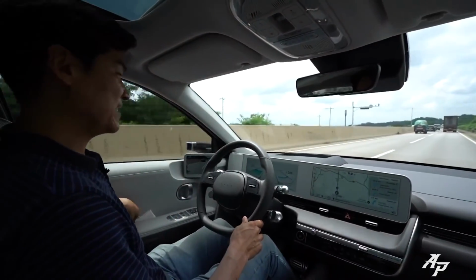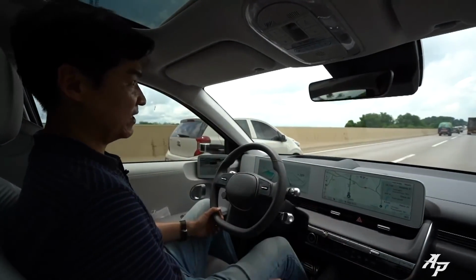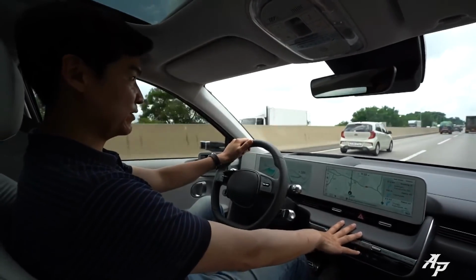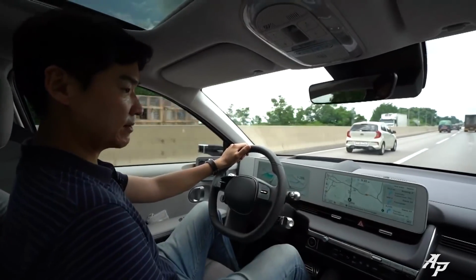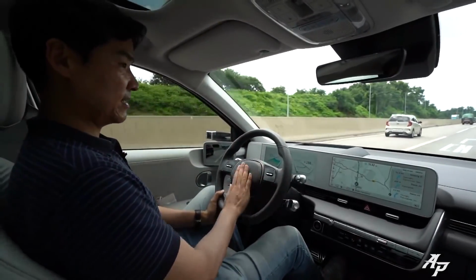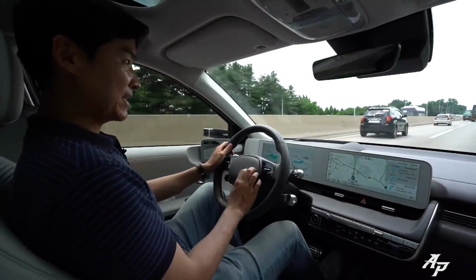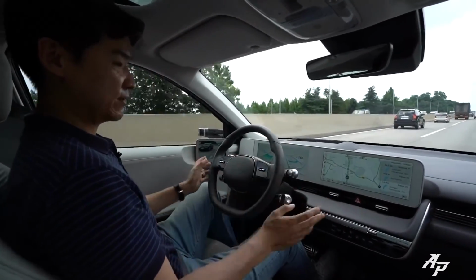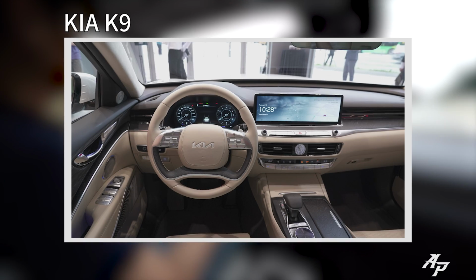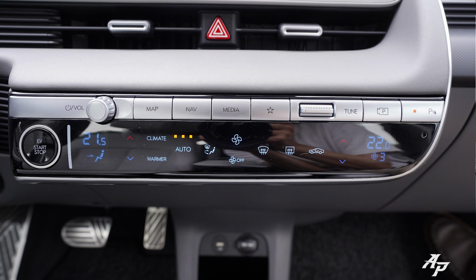Many of you mentioned the interior feeling a bit cheap, but compared to other EVs, like even from Jaguar, I'm not sure about the Porsche Taycan, but when you compare it to Tesla and other models, I think this has a nicer interior than any other brand. We have soft touch materials. Maybe you're saying that because some of the materials are recycled and they're trying to make this car look eco-friendly, so the colors aren't so vivid. But there's soft material everywhere. Yes, this is plastic, but this isn't meant to be like a Genesis or Kia K900. The two-spoke steering wheel feels quite comfortable, and we have large buttons for climate and media control,